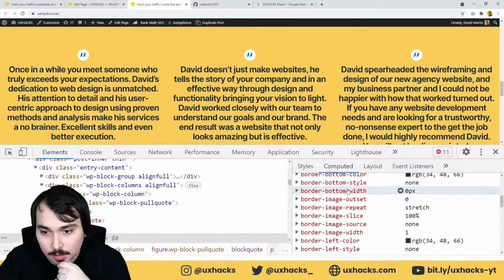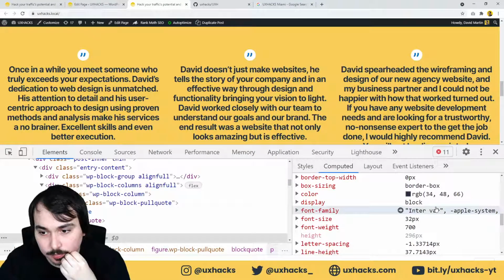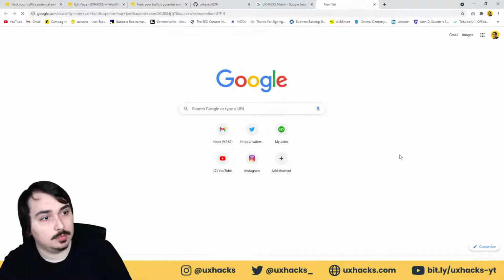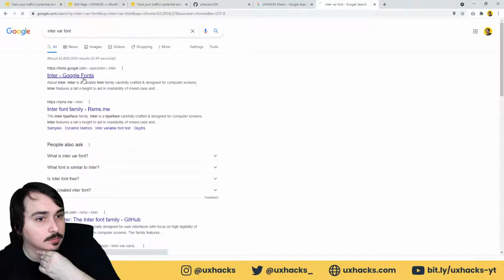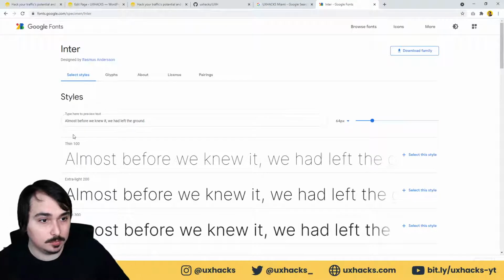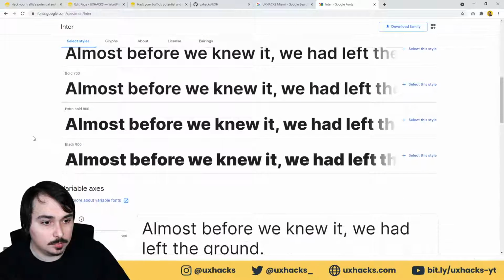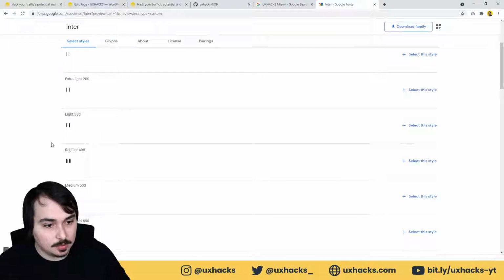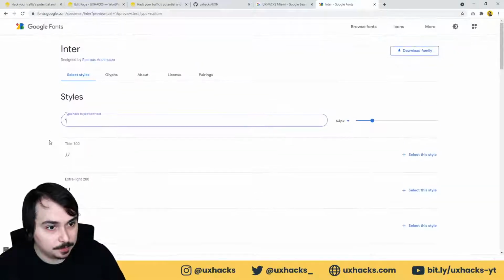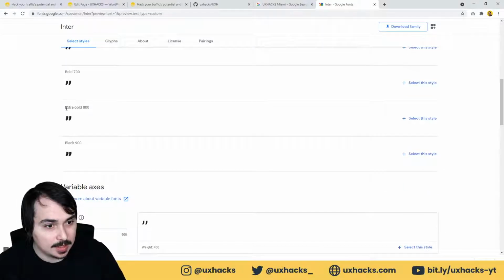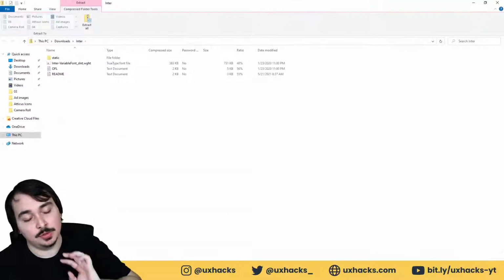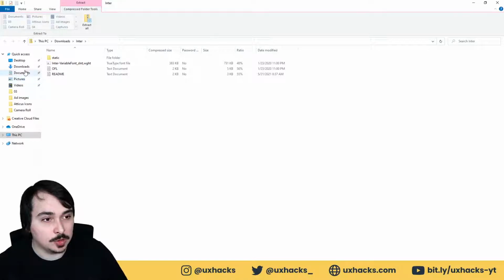So let's see. I'm just trying to see if this has the right quotation symbol that I'm looking for. Yeah, it's definitely the Inter, but I do like what the quotation styles look like. So I'm going to download this, but we're not going to use it anywhere else. We're just going to use the symbol